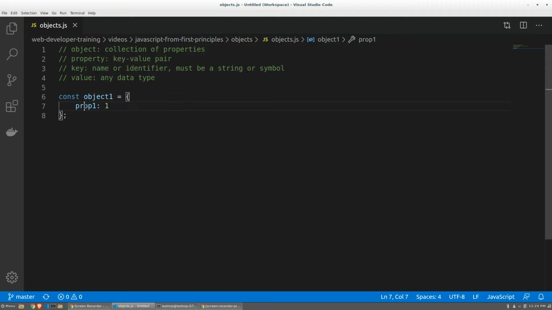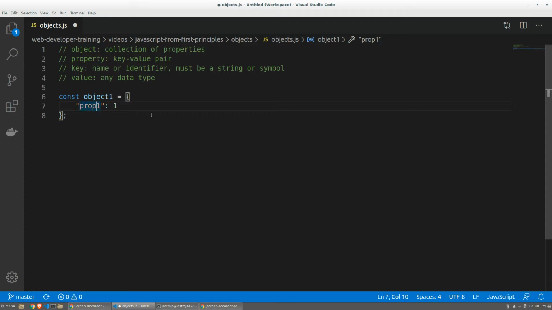So let's dive into this real quick. We have one property. The name of the property is prop1. The left-hand side of the colon is prop1. This is the name. This is the key, you could say. This is the identifier. Technically, under the hood, it's going to be converted into a string. But notice we actually didn't write a string literal. We wrote more of a keyword, you could say. I could also wrap prop1 in single quotes if I wanted, or double quotes if I wanted,